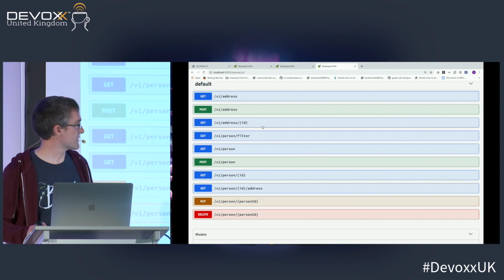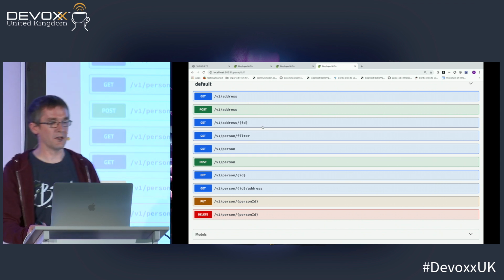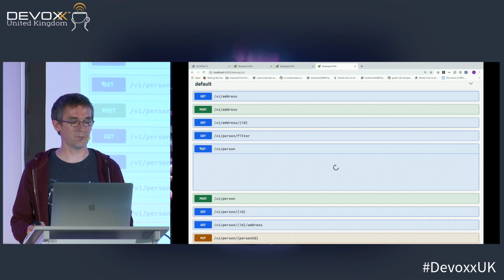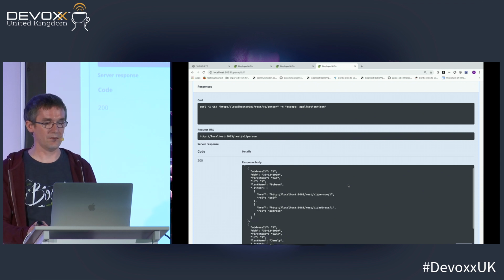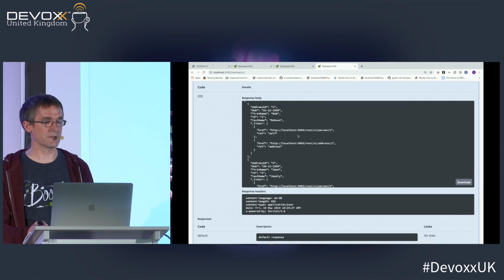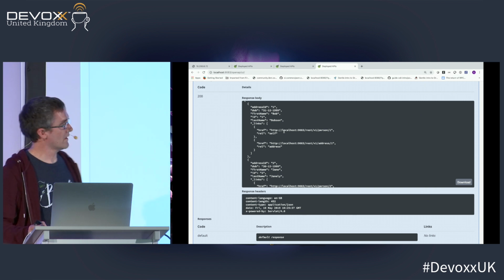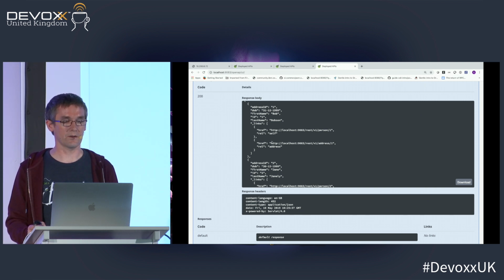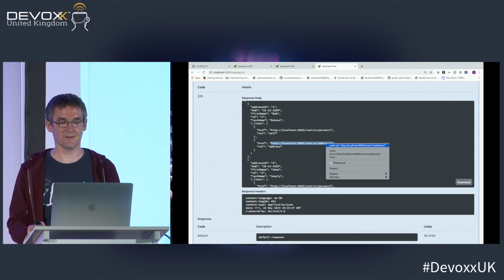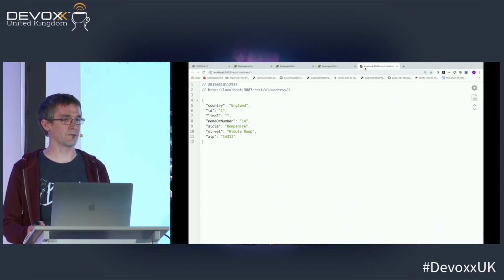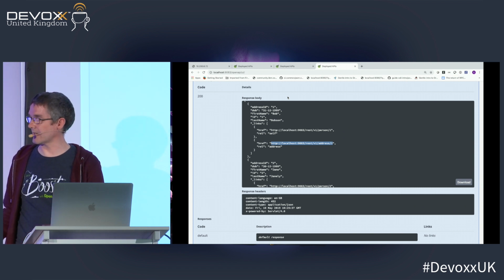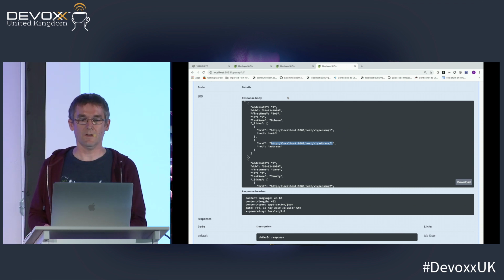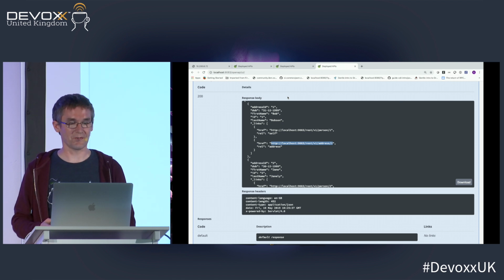From the outside, it looks just like the previous example. But now when I do my get and get the results back, I'm getting this. Let me just scroll that up. Getting this additional information, so I can see my self link. I can also navigate to the address. Now I haven't actually HATEOAS enabled the address, which is a bit of a shame. But I can go and look at it, and you can see it's a valid endpoint and so on. And that's fine for people and addresses, but this might be banking applications and so on, where some of these things are maybe more useful to you as a developer or perhaps a hacker.